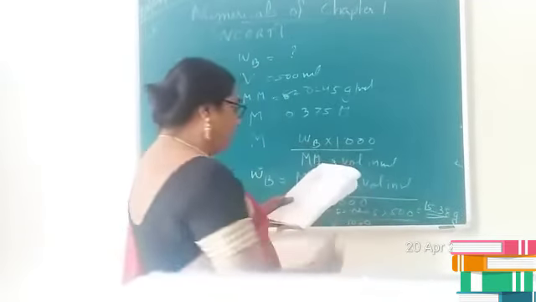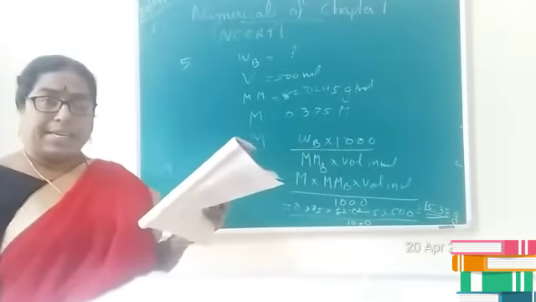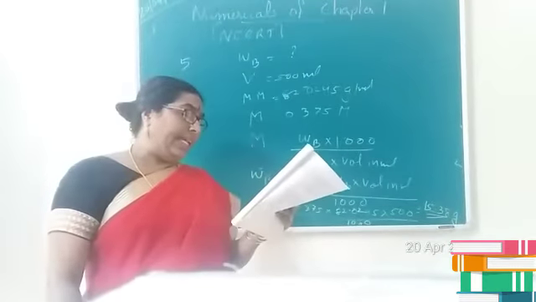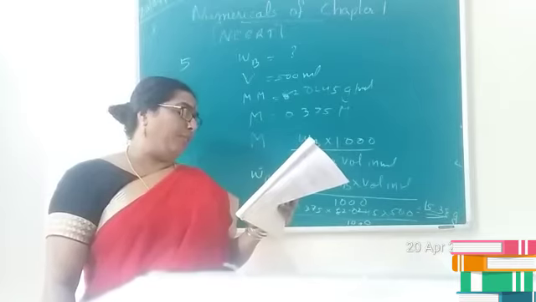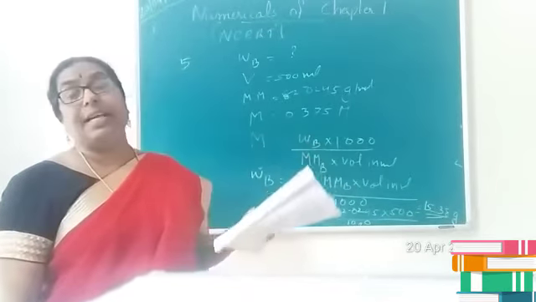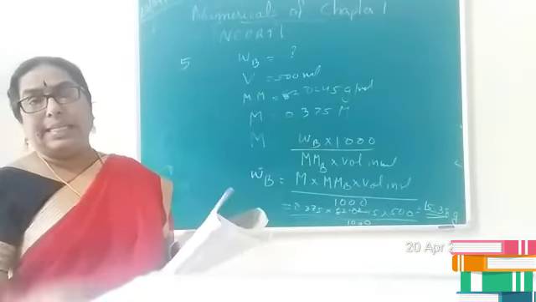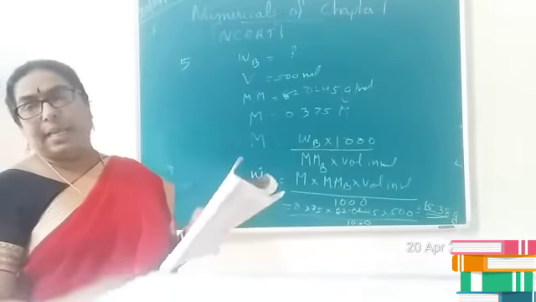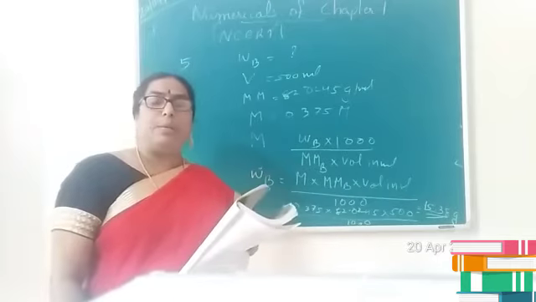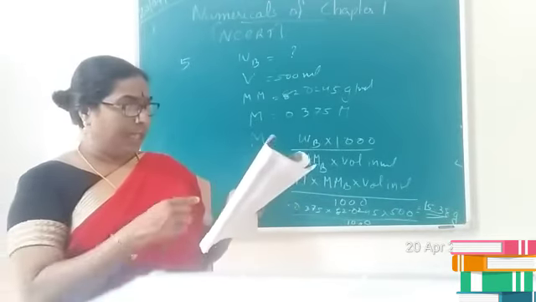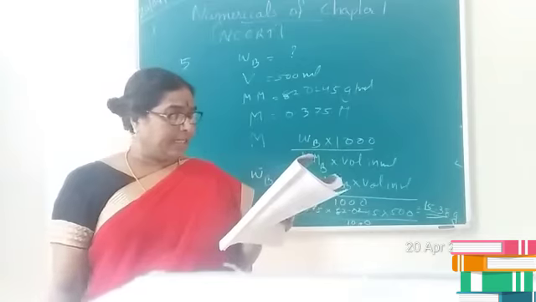It is asked, calculate the concentration of nitric acid in moles per liter in a sample which has a density of 1.41 gram per liter and the mass percentage of nitric acid is given as 69. Children, this is again a direct formula to calculate the molarity. You can say that molarity is equal to mass percentage into density into 10 divided by molar mass. So that you can solve it. So please mark it as homework.